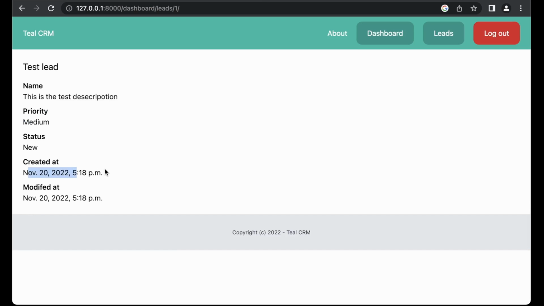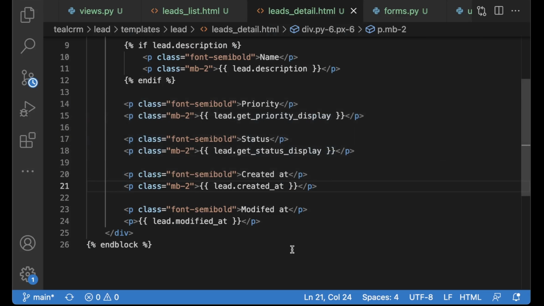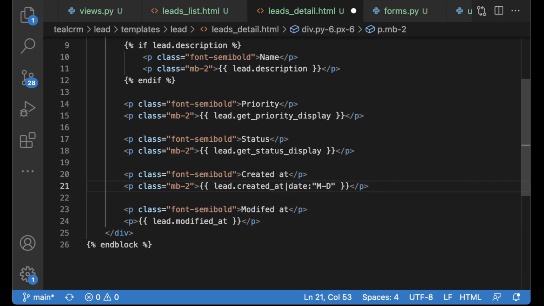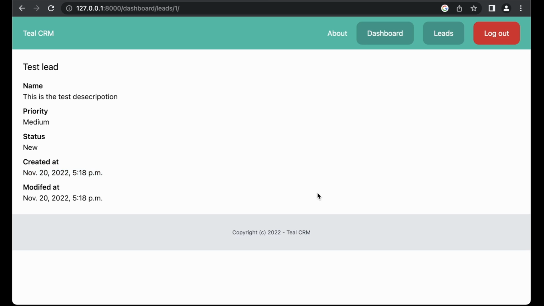And if I wanted to change how this date is presented, I can just pipe this into the date filter and then say, for example, month, day, and the year. Then you'll see November 20th, 2022.